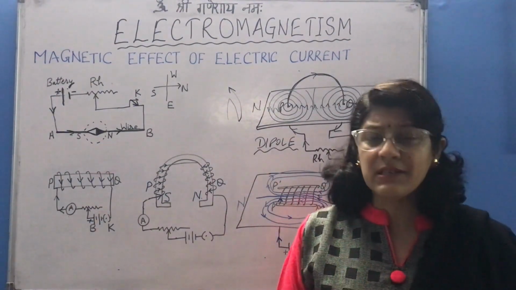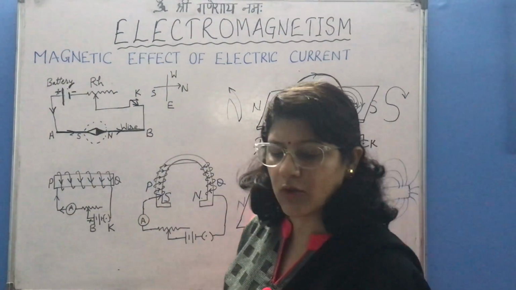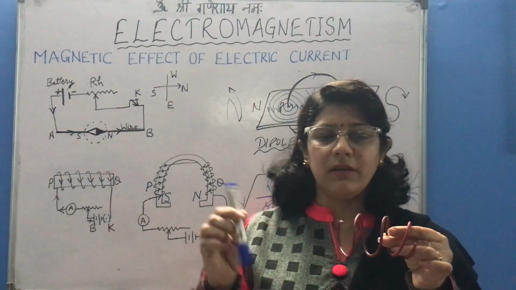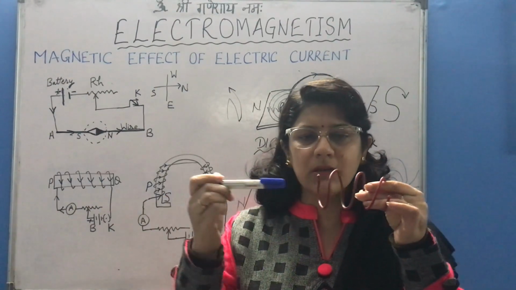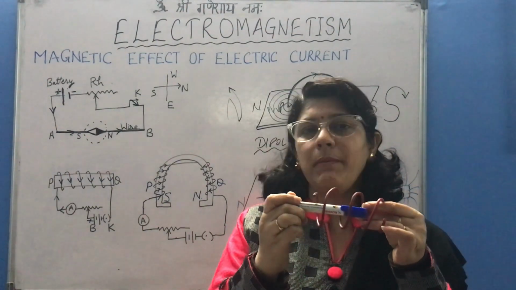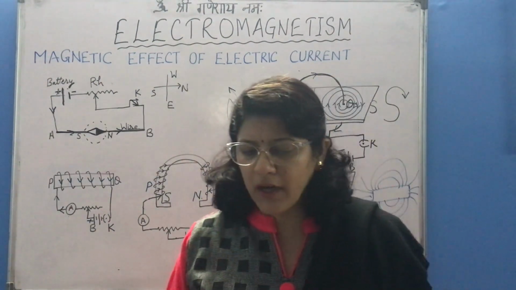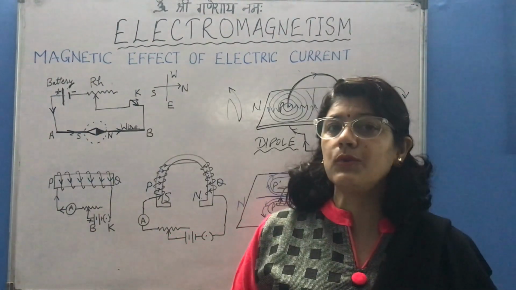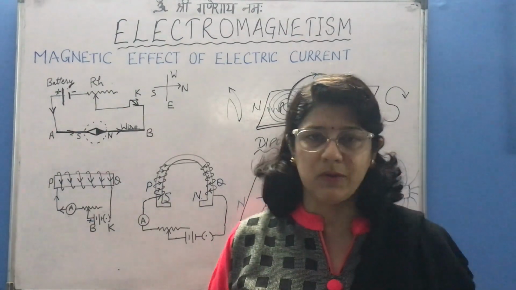Now, the first and foremost important point is, when we want to increase the strength of the solenoid, we insert a soft iron core inside this helical spring. When we insert this soft iron core inside this, it will enhance the magnetic field strength many times. Why is soft iron core used? This is one of the most important questions which may be asked in your question papers also.